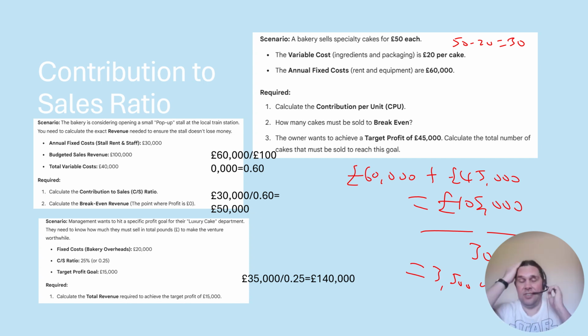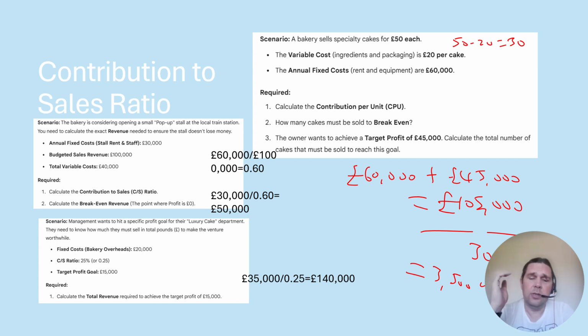I think I found something that maybe you haven't noticed on the spec, which is called the contribution to sales ratio. But also I've combined on here a little bit on target profit. So I'm going to do the top right target profit and then have a look at contribution to sales. So target profit: how many units, in this instance, we need to sell to hit a certain